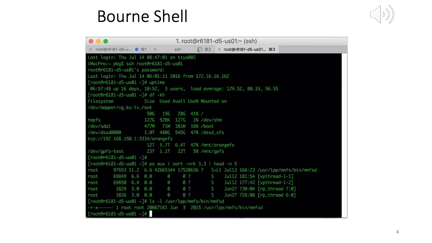So df displays the amount of disk space available. Right? The amount of disk space available is displayed by df. Okay. And likewise we have ps. PS displays information about a selection of active processes. Whatever processes are running, whatever programs are running, their information will be displayed by PS.